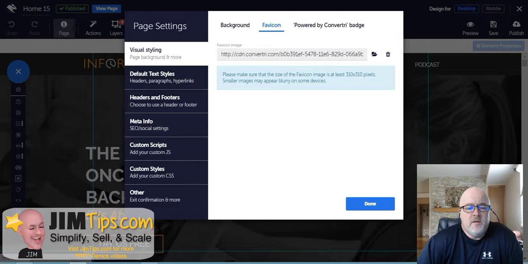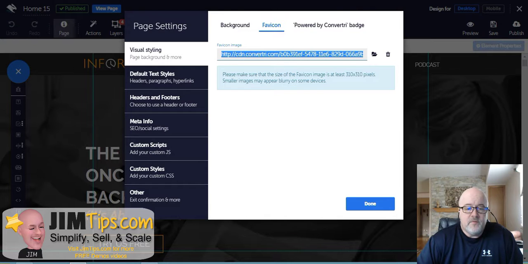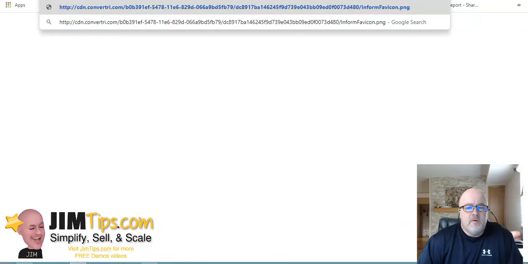The favicon. A lot of people skip this, and this is one of my pet peeves when I see a site that doesn't have a favicon. And what I'm talking about by favicon, if I select my image here, I hit copy, and then I go over to another web page, you can see the favicon is just a little baby emblem that's going to appear in your tab beside the name of the